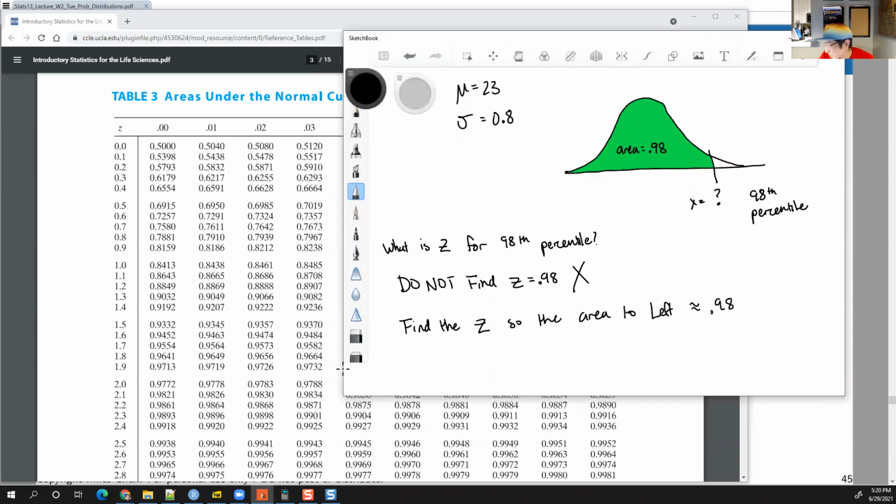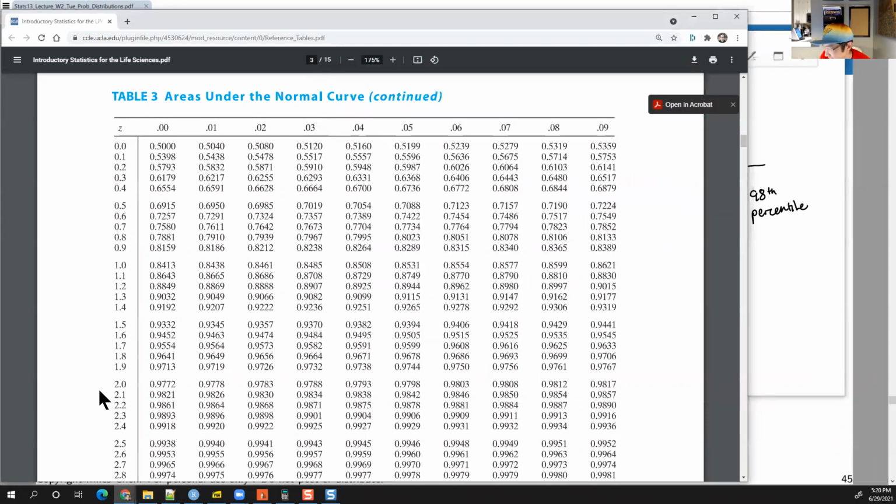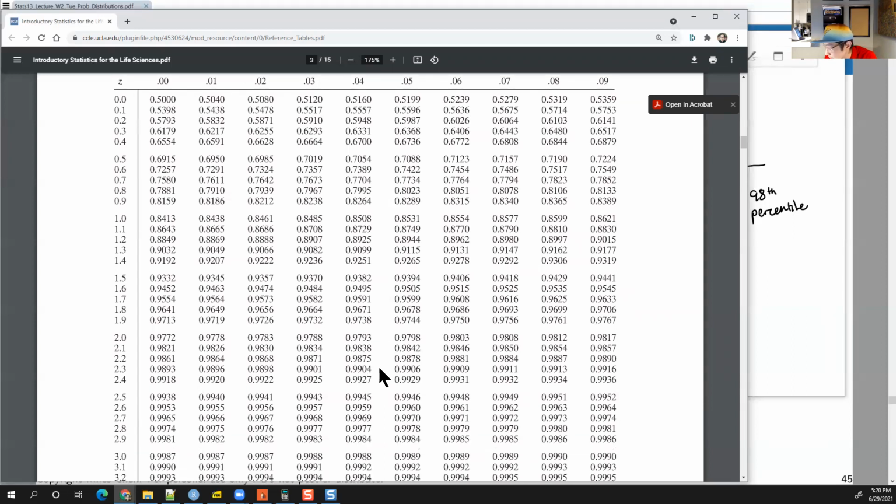Find the Z so that the area gives us something around 98%. All right, so we have to look through all of the numbers here, and we want to find the number that gives us something as close to 98% as possible. You've got to search through all of them. Luckily, they're all in order, so it's not too bad. And I see two candidates. I got 0.9798. That's pretty close to 98%. And I got